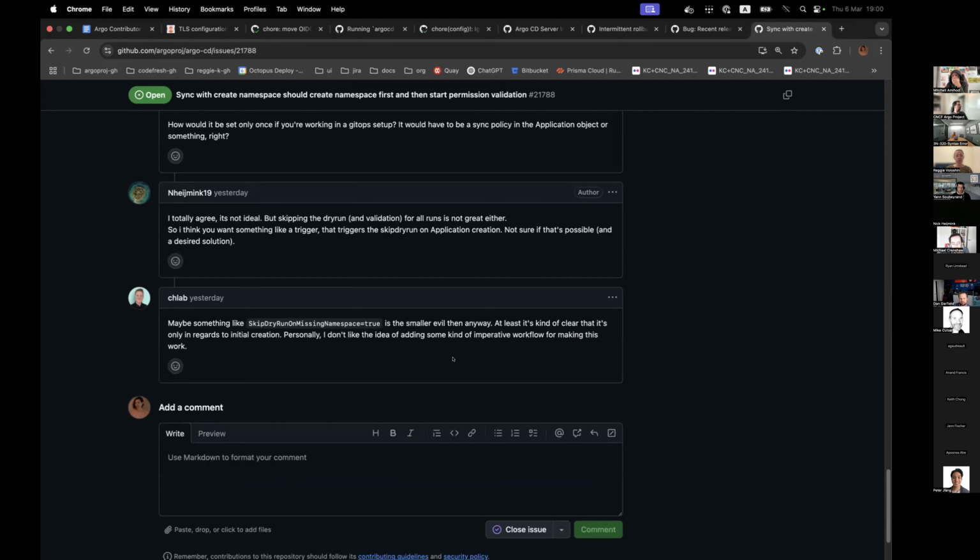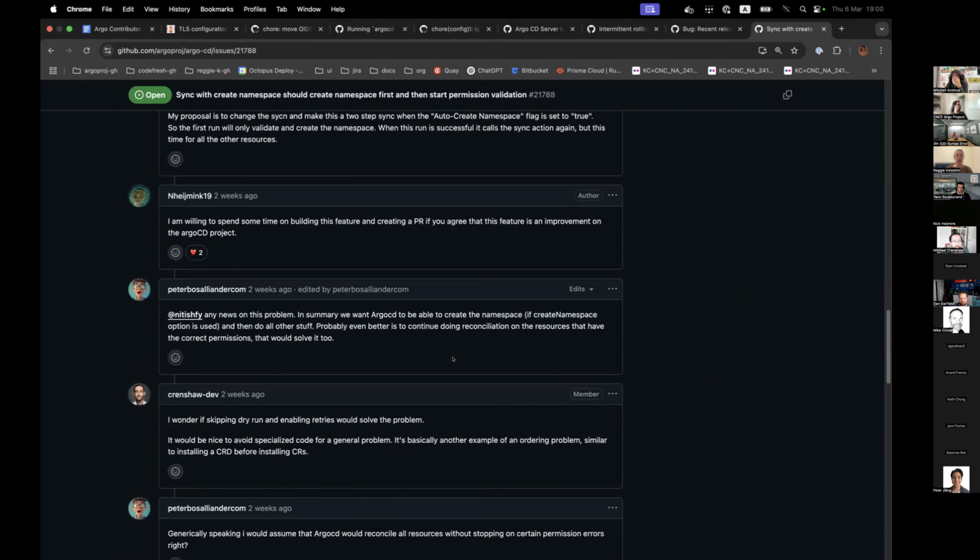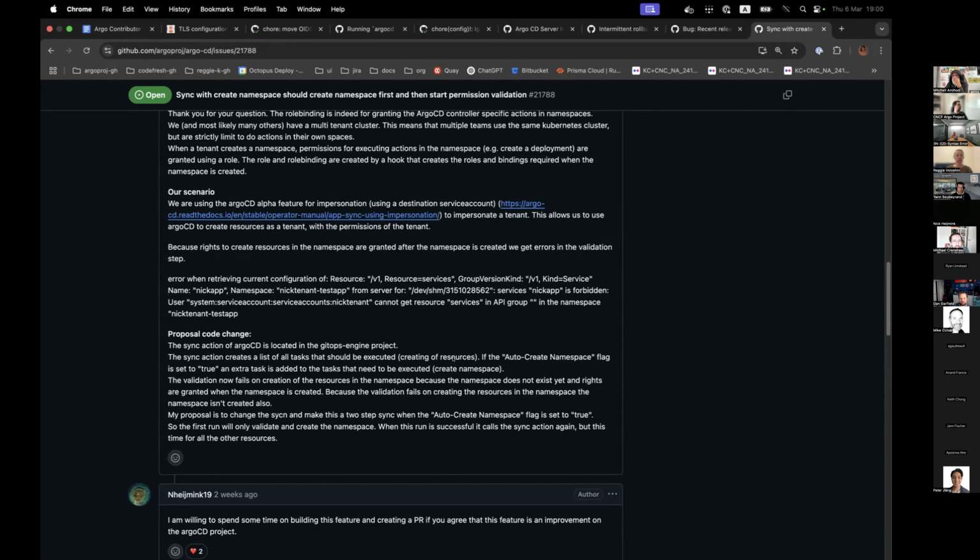But I'm not really sure if you want to do this by some toggle during the sync or some attribute on the application project, which seems the most logical location to me.